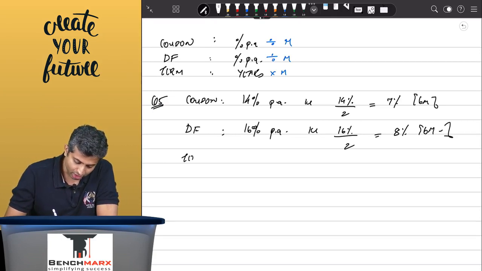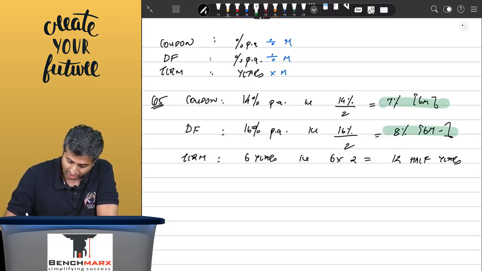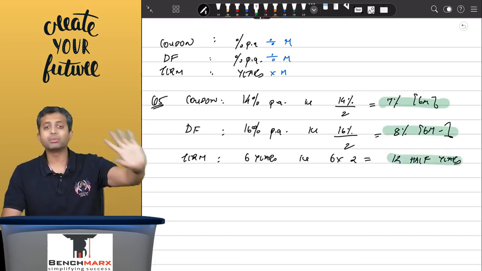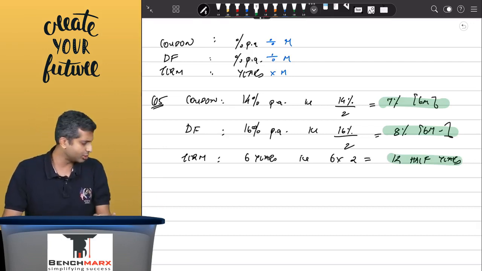Sir, the tenure, the term over here is 6 years. However, 6 years is equivalent to 6 into 2, which is equal to 12 half years. And hence, the working will be done based on these numbers. Sir, do I need to prepare the table? If you want, you can prepare. There's no harm in doing that. However, if you want to save time in your exams,